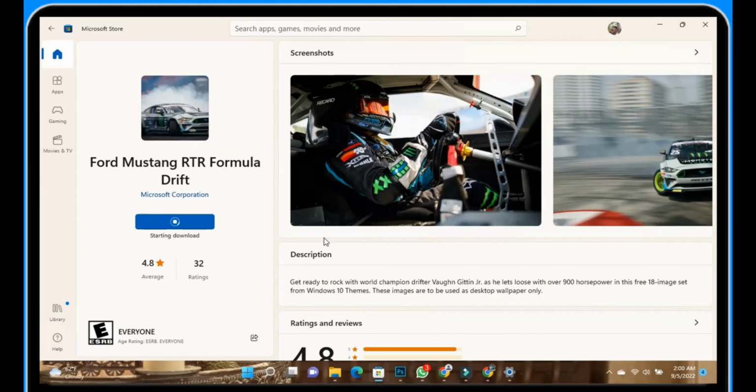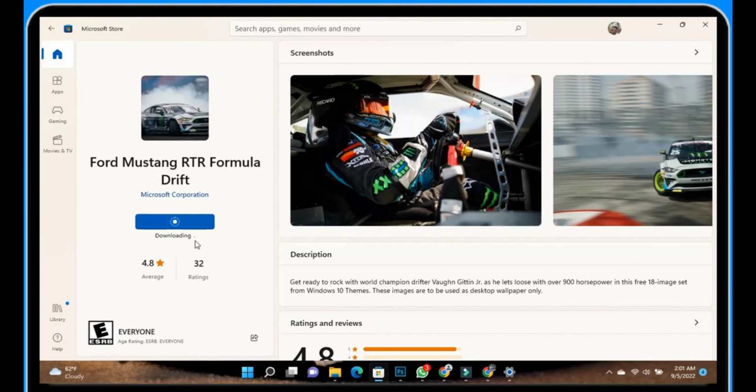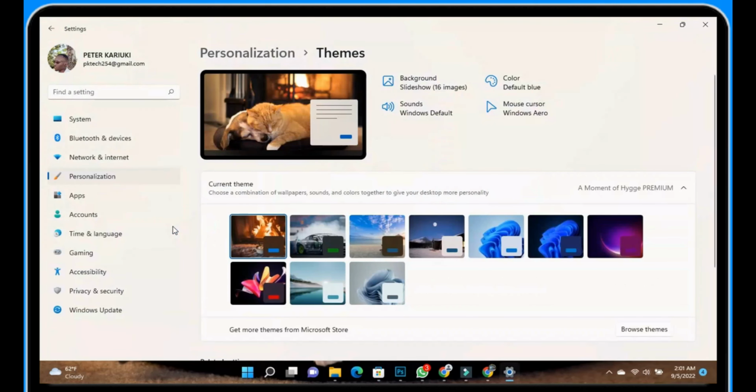It's downloading. As you can see, the download is starting, and now you can see it has already started downloading. So it's a very easy process. You just have to wait for a few seconds for the application to be downloaded. And now the download is complete. You can see that the installation is in progress, and the moment installation is complete, you can see this button has changed from installation to open. So the moment you click open, it will take you back